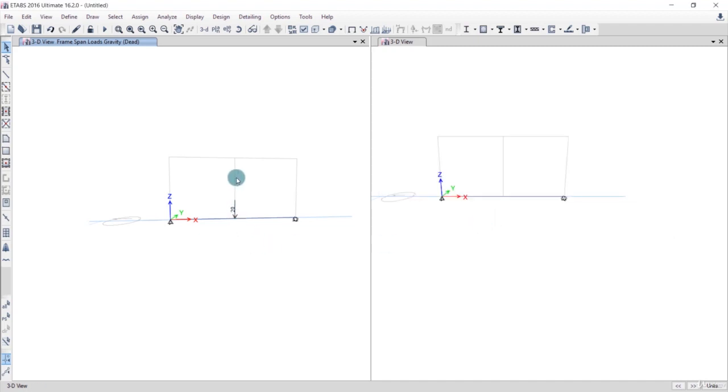So now you can see that load of 20 kilonewton has been applied in the downward direction. After doing this